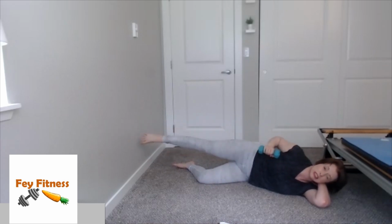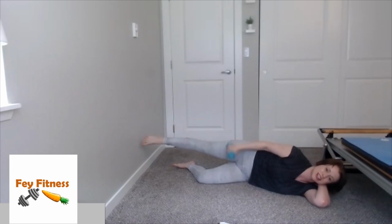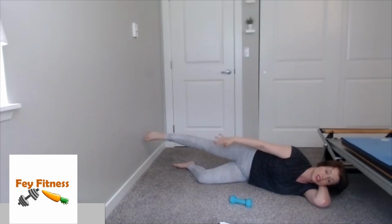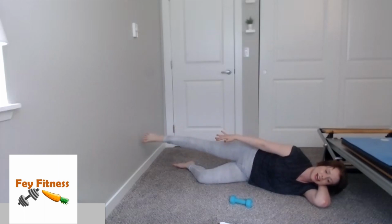If you have a little bit more coordination, you can do a tricep kickback as you send that leg backwards. But if your brain's getting a little confused, just keep both arms straight, or arm and leg straight as we go back. Perfect. Now, hopefully we're feeling more of the glutes and the hamstring as we send the leg back. And of course, the arm is getting into that lovely tricep. Your shoulders might be talking to you a little bit as well. So give me 3 more. So 3, 2,